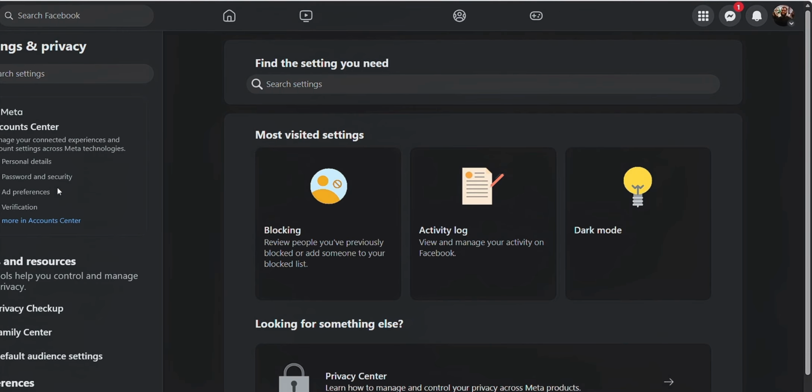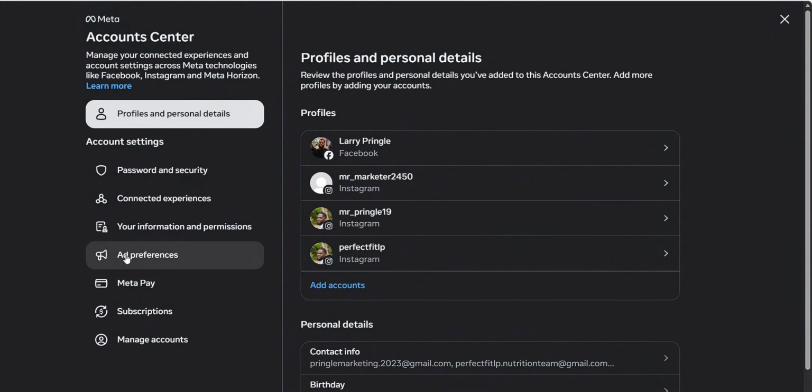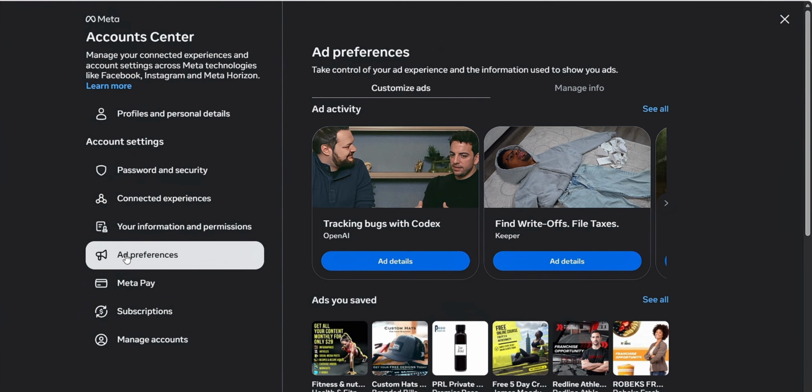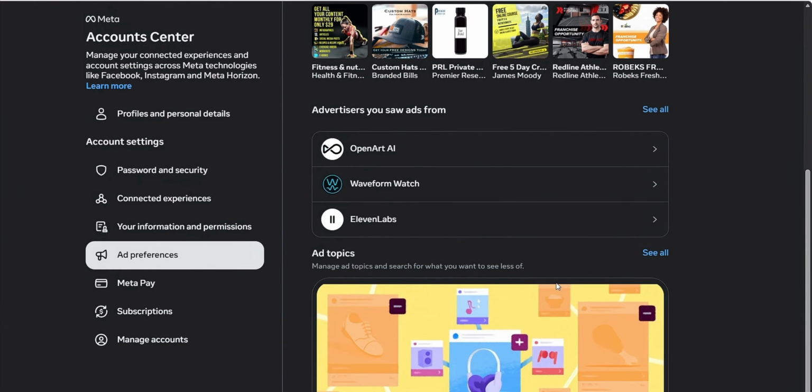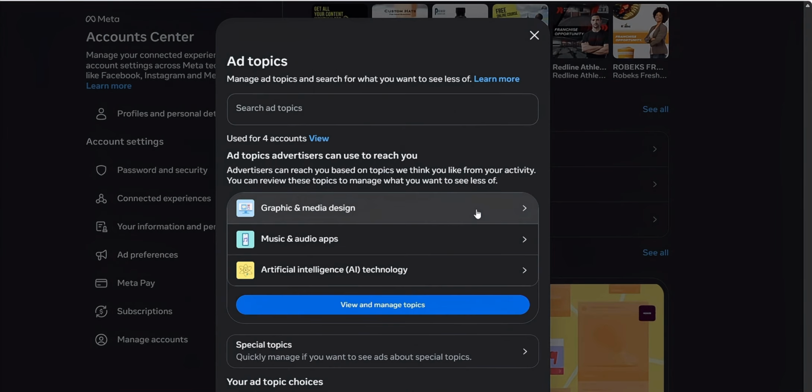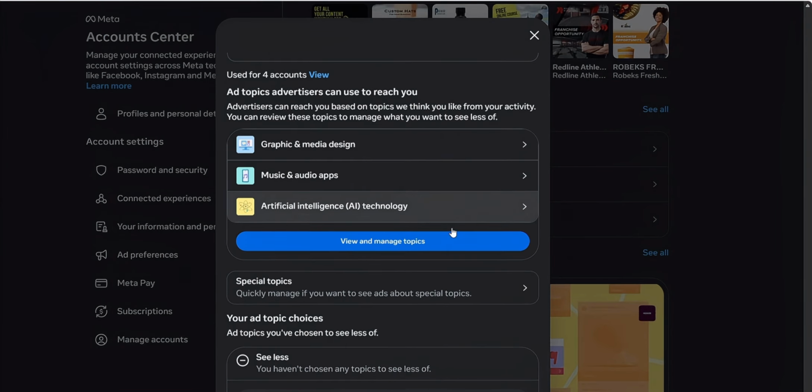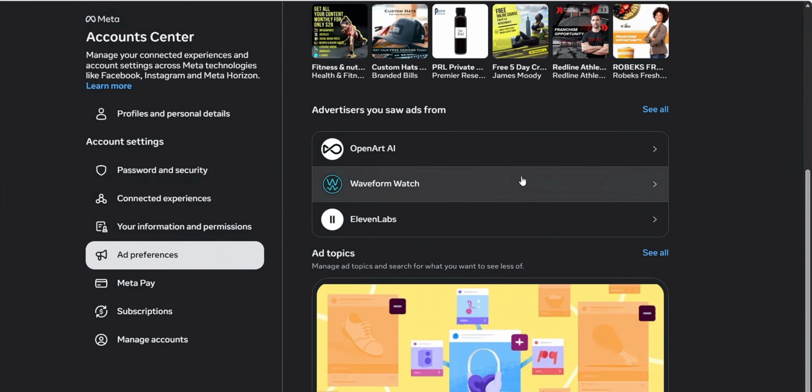Then you want to come over to account center. Then you want to go down to ad preference. And then you want to scroll down and you'll see areas of ad topic. And this will show you all the ads that are targeting you. These will be the ads that are targeting you. Then you want to go over to the top, and these will show you all your other ads that are